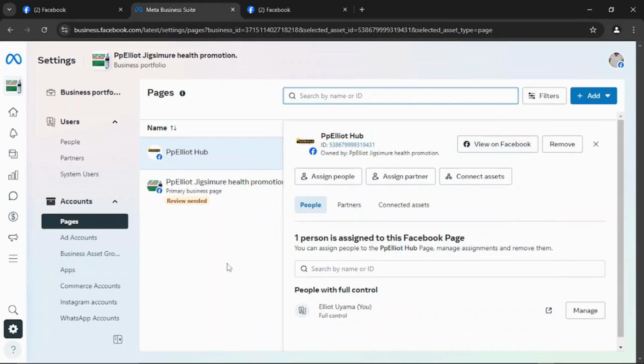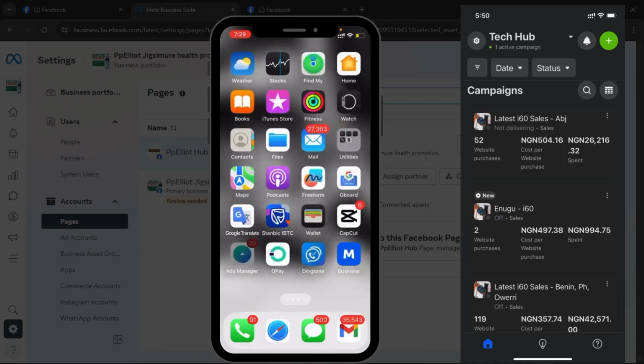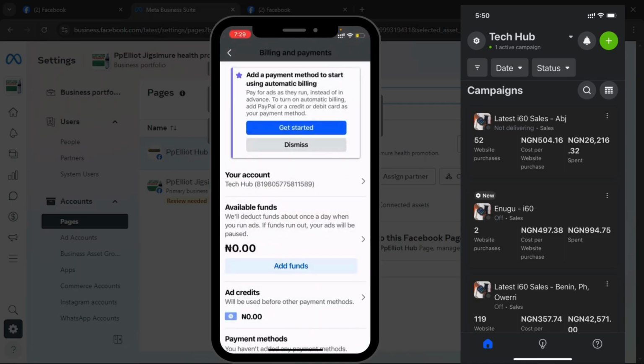Hello guys, in this video we are going to be adding Pixel to our website. So Pixel helps you to actually track the activities on your website to record sales. Let me show you. So when I go to my ads manager, here you can see